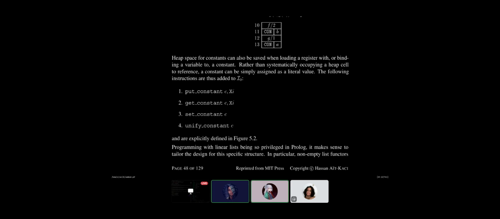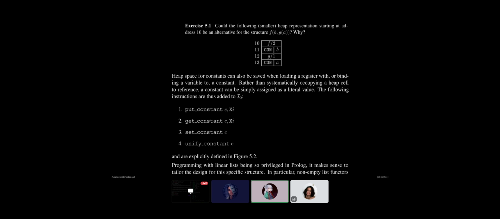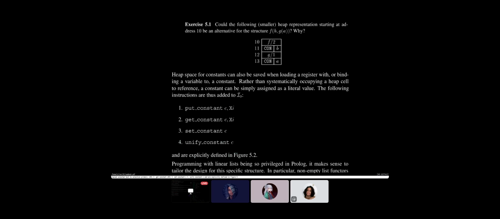I suppose we could eventually extend this. If we were following the book and then looking to extend the model, we would probably put integers here. So yeah, we need these instructions basically. Yeah, he is treating constants and lists as separate things.